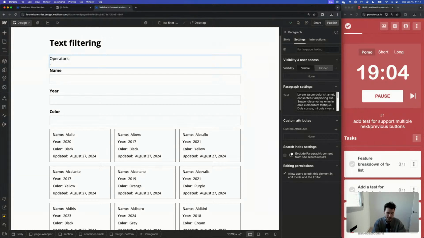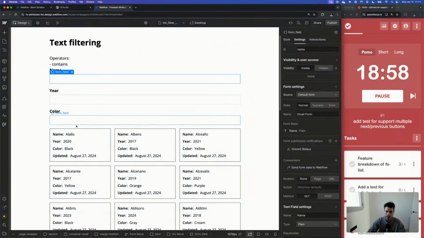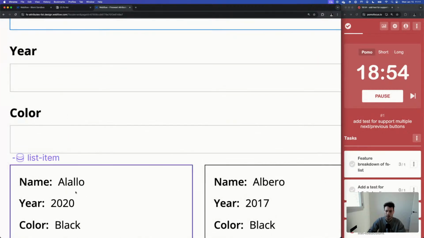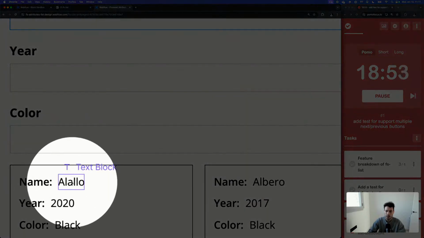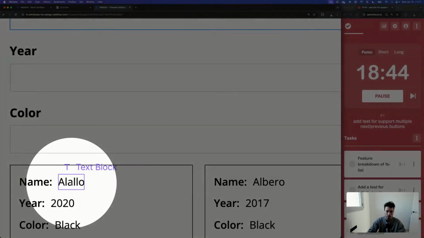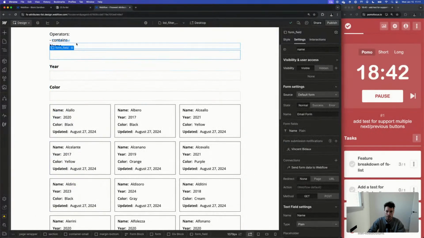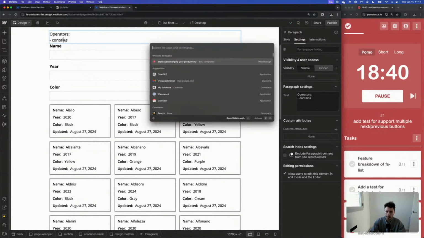By default, I think that if I remember correctly, the operator is contains. So essentially, when you search for a name here and you write something like ALL, this field is going to be matched because it contains an A, an L, and an L inside the word. But also we've got things like